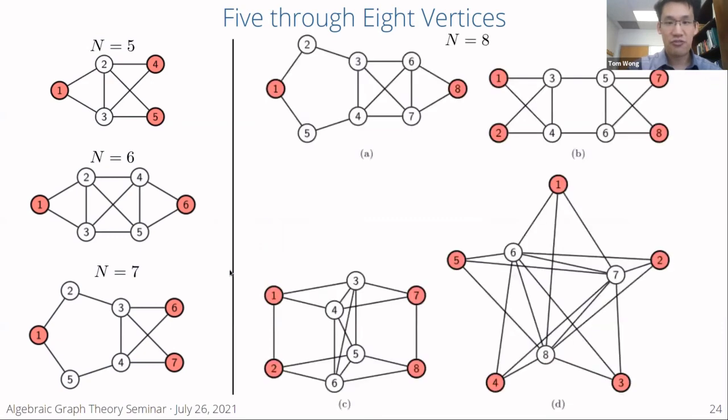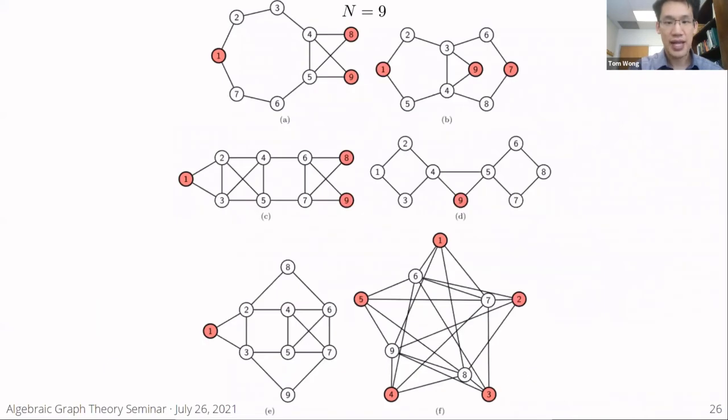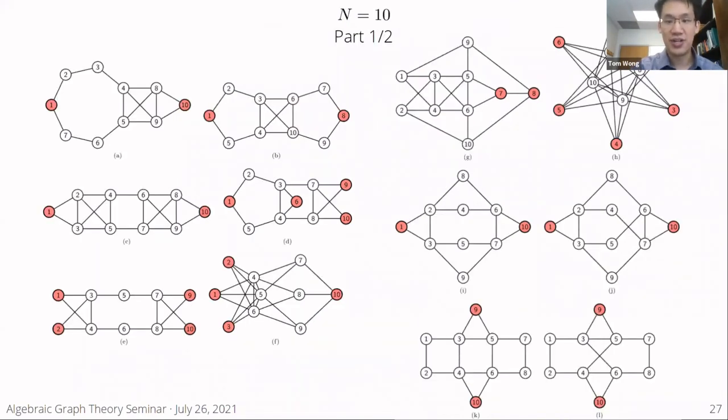With 8 vertices, there are 4 different graphs. They look like this. Obviously, we have 64 graphs total, so you're not going to absorb all of these just by me clicking through them, but they're all in the preprint, so you can look back more carefully. But hopefully you can get a little feel for what these might look like. With 9 vertices, we have 6 different graphs. So here are the 6 graphs with 9 vertices. And then with 10 vertices, we have 23. So I needed 2 slides for this. Here's the first slide. I'll wait a little bit.